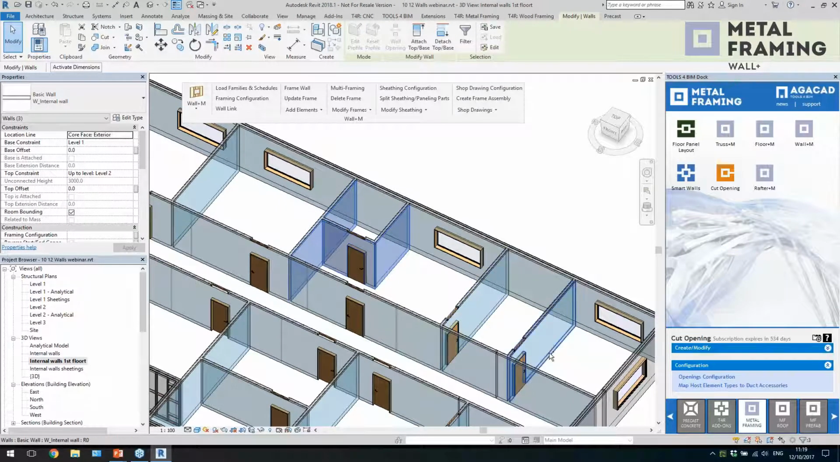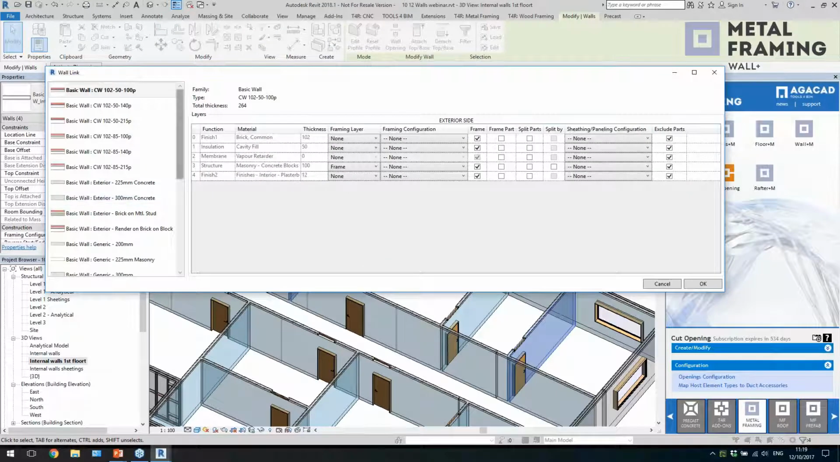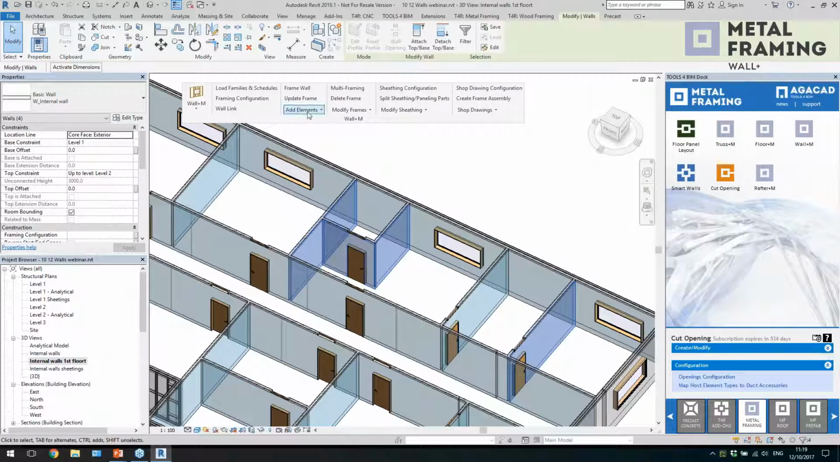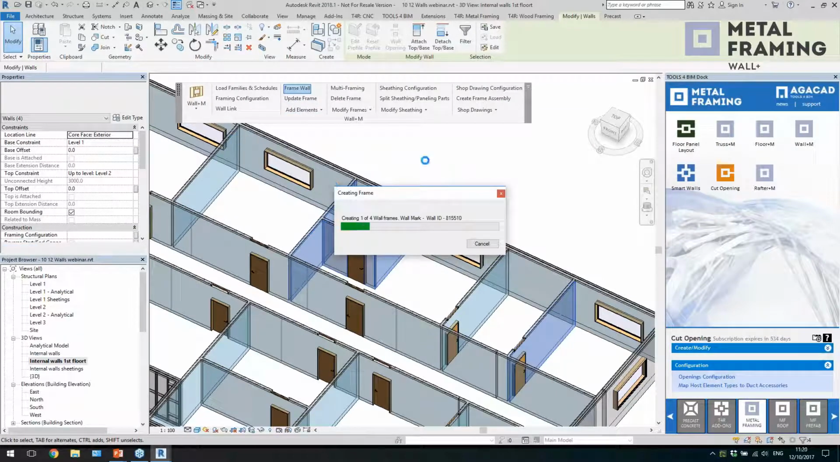So I'll just select a couple of elements, and then let me show you the wall link. This time this is an internal wall, and it has this configuration selected and a couple of sheetings from both sides. So I will select the walls and click on frame, so it will read the name of the configuration, and you don't need to go to wall link every time if it's already linked, so it will read that information and you'll have your results. So let's wait and we'll see a little bit different